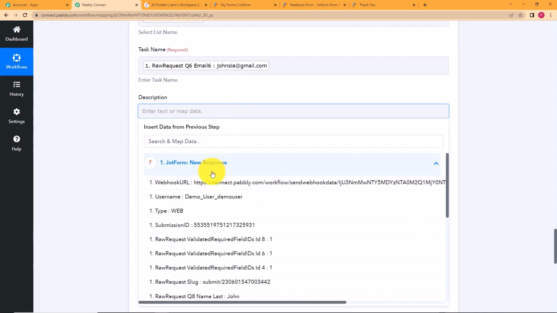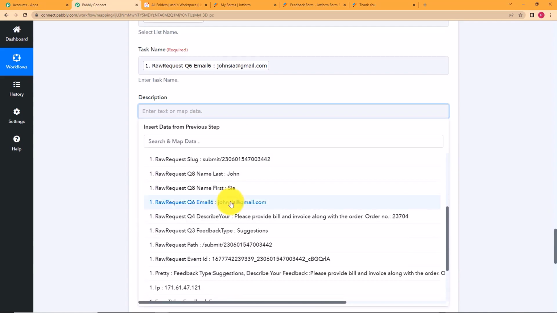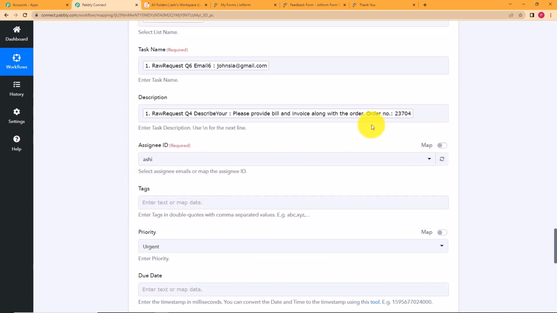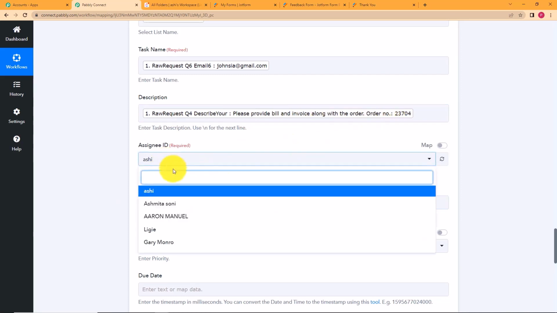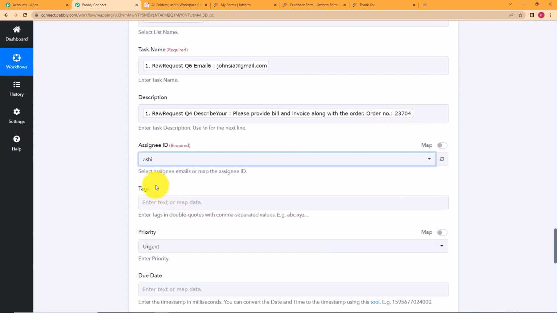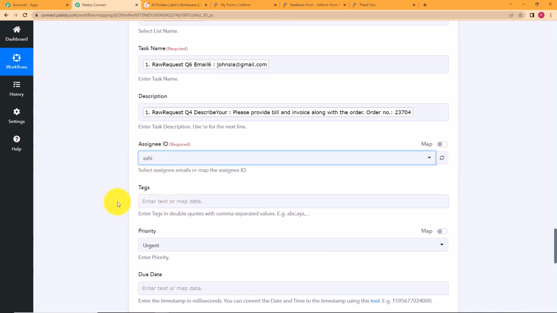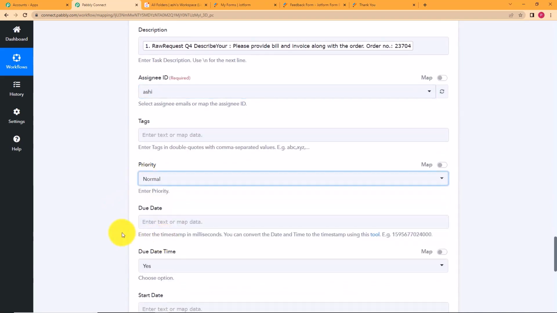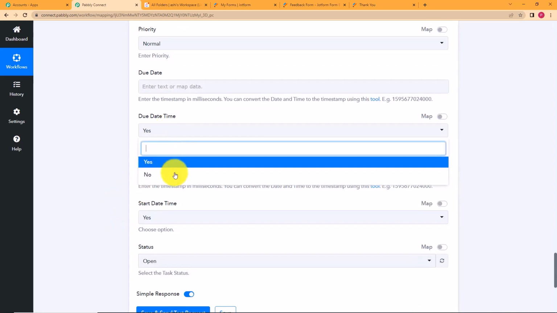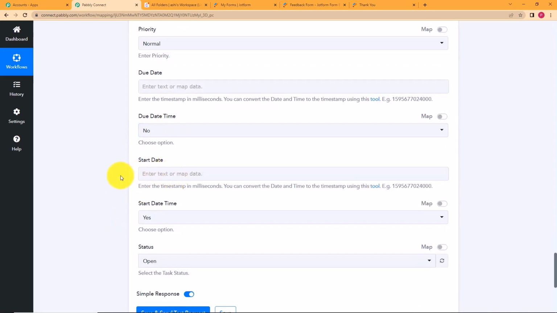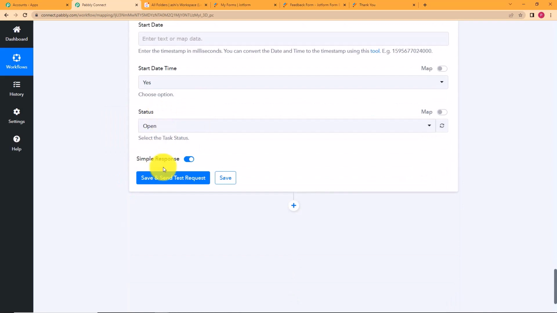Now comes the description. So the description is going to be what? The important data, that what was the suggestion actually. So it was the suggestion that please provide bill and invoice along with the order, and the order number is also given. Now you can assign it to somebody in your ClickUp space only. So I'm assigning it to this person. No tags, setting the priority back to normal, and no due date. Just choose no over here because no due date is required for this purpose, and just click on save and